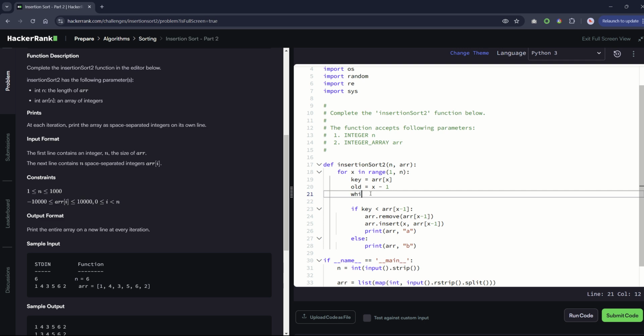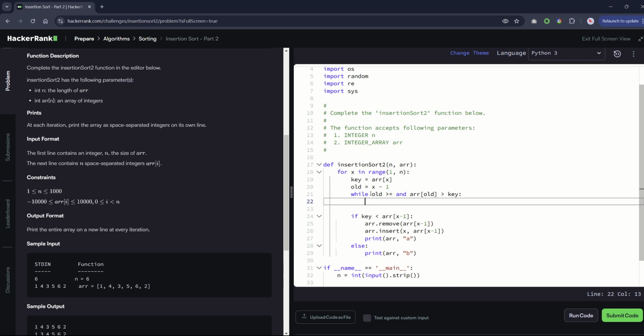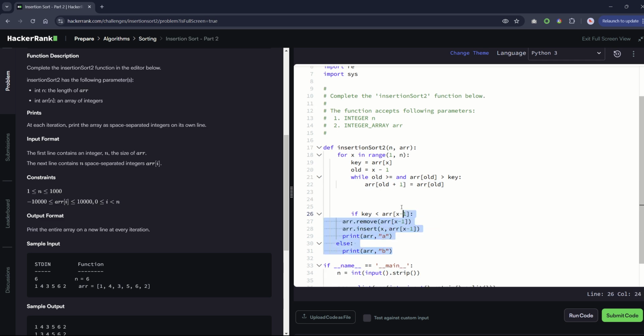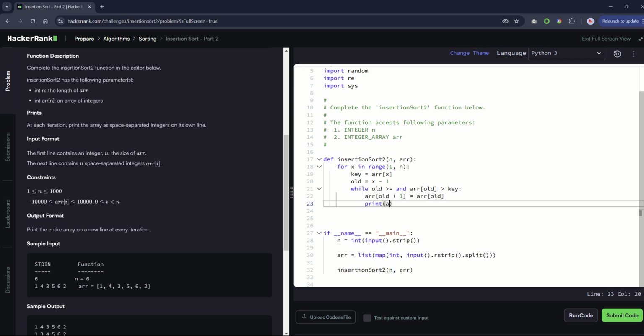And then while it's greater or equal to 0 and old greater than key. Our old print our